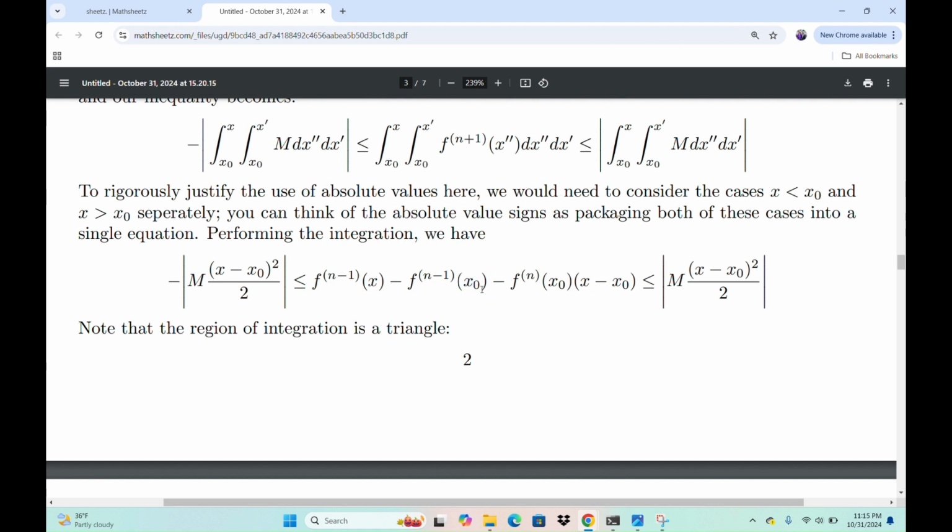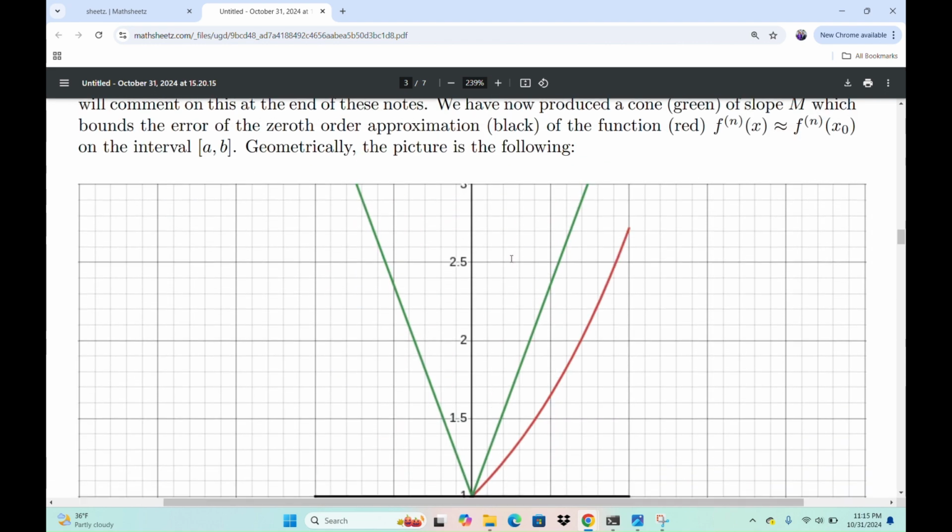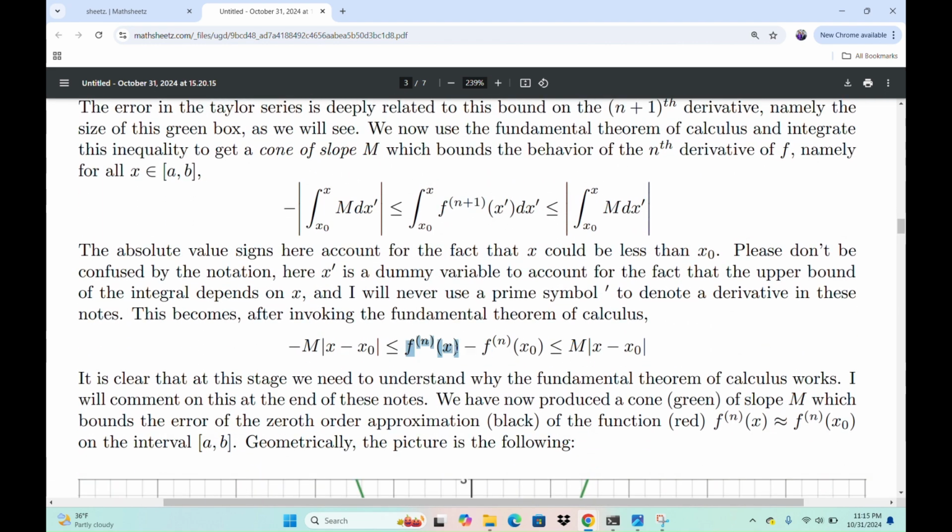This term I know the information about. This basically comes from the fundamental theorem of calculus, which says that the integral undoes the derivative. The act of looking at the cumulative area of a function undoes the act of looking at its instantaneous rate of change. Or in other words, if I look at the instantaneous rate of change of a cumulative area function, I get the height of the graph of which I'm taking the cumulative area. Okay? So we're using the fundamental theorem of calculus here. Okay, so this guy is the integral of fn of x in the previous inequality.